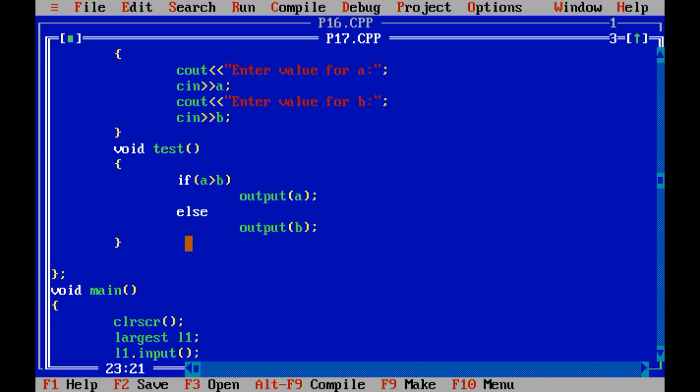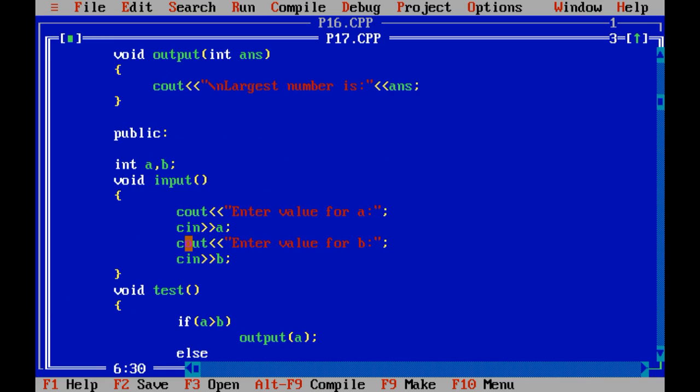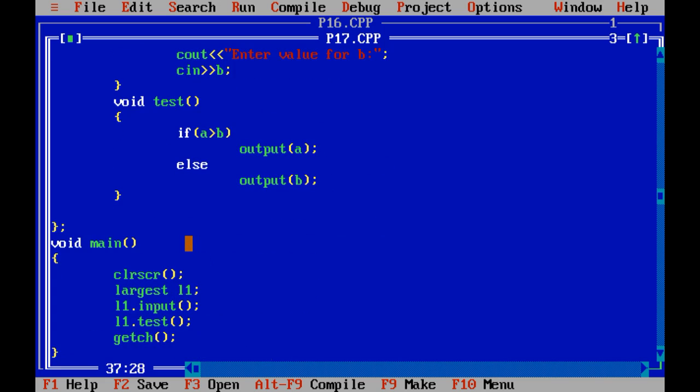So 6 greater than 5 is a true condition. So the if part is executed, and it will call the output function. The value of a is 6, so it is stored inside the answer variable, and largest number is 6 is printed. But that is not our concept.